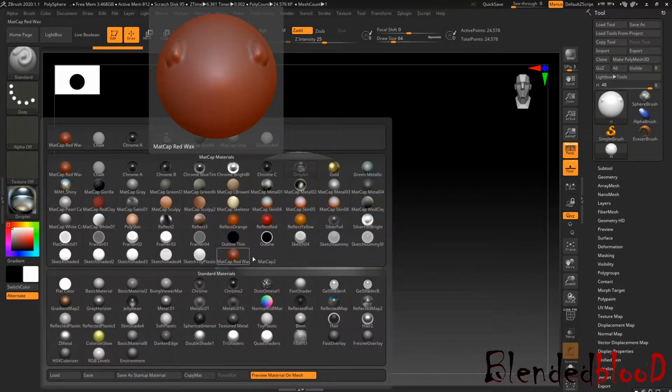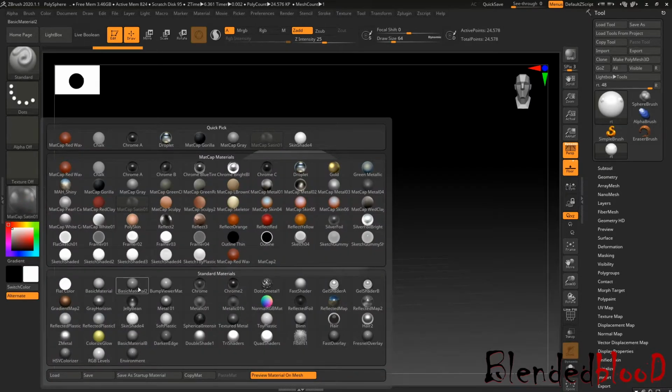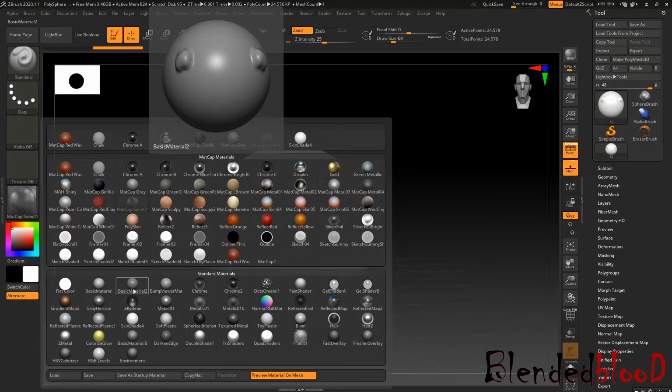Okay, if I click on this material, see, so what you need to do, whenever you export or import any model to ZBrush, just go to matte cap and click on basic material, this one, sorry, this one, basic material 1, not 2.